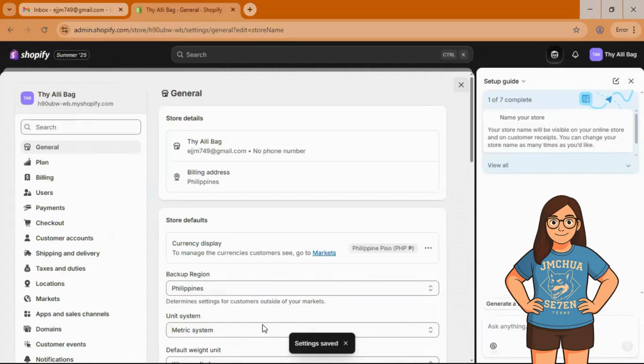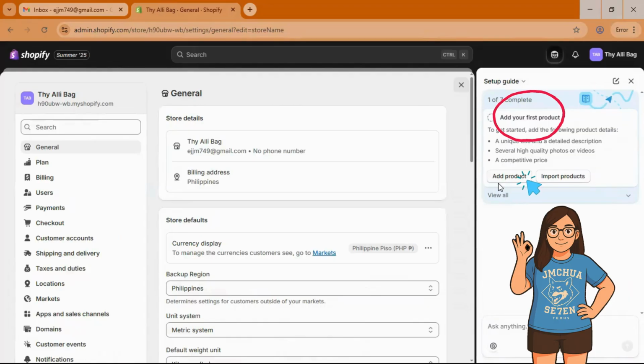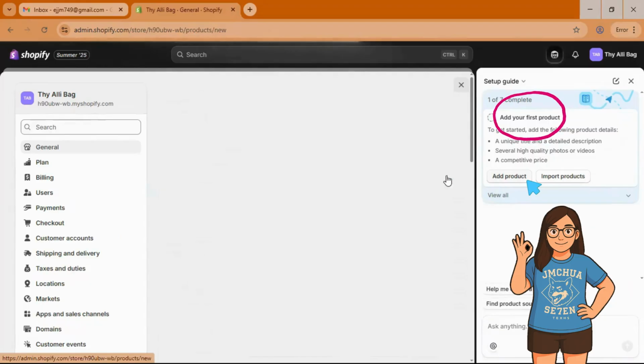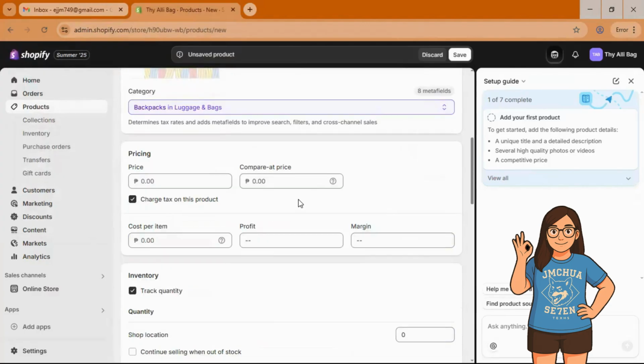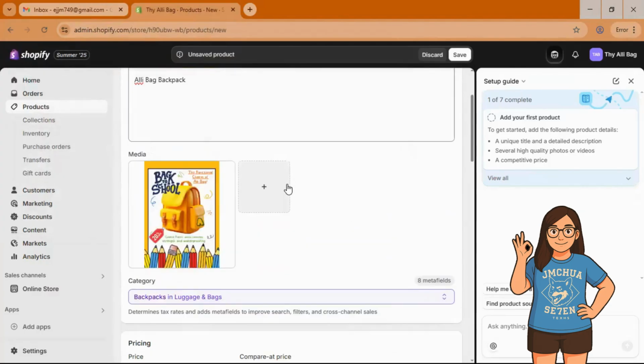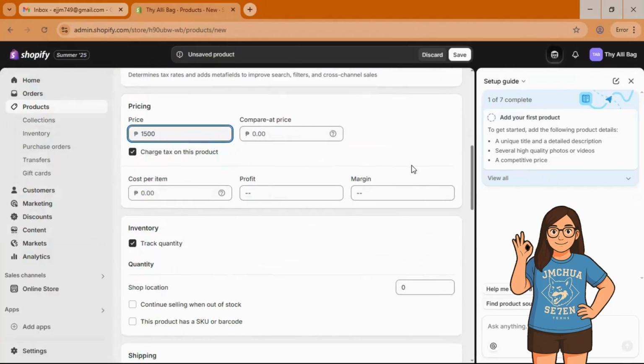And then the second part, add your first product. So let's add a product here. We will choose the photo of the product that we would like to sell. Let's say this one. And then scroll down, you put the price, 1,500.